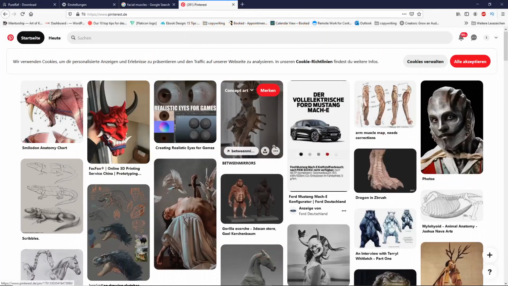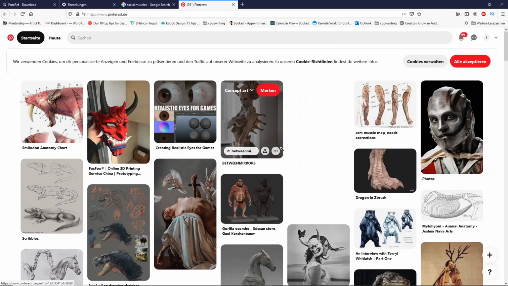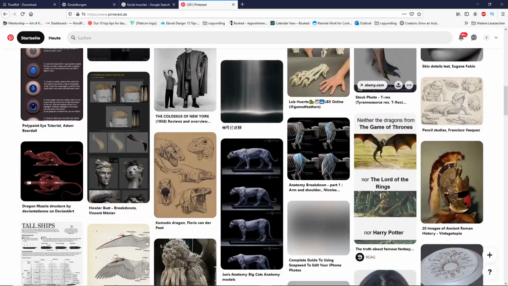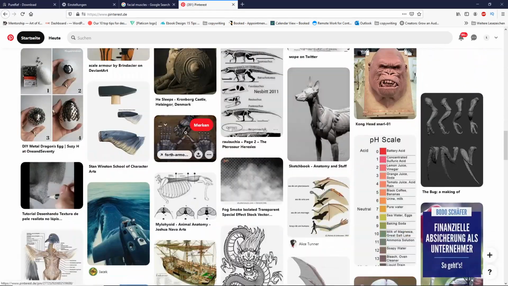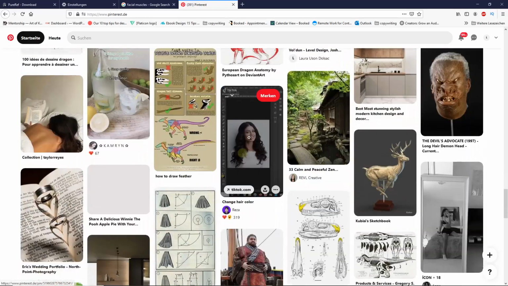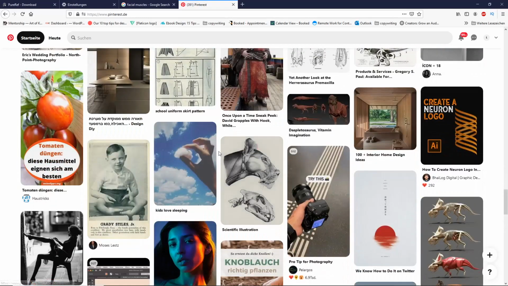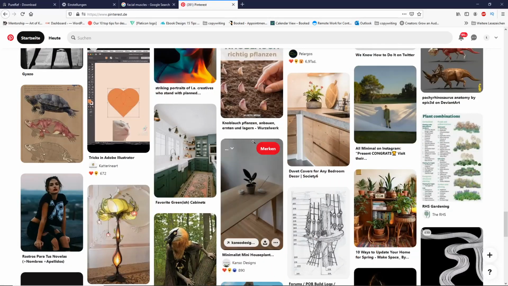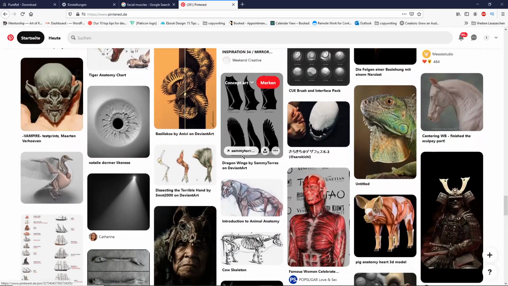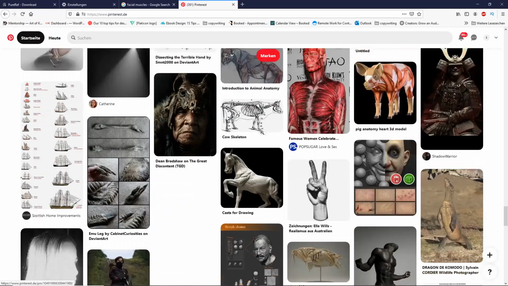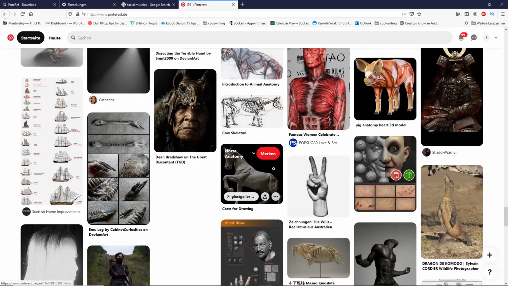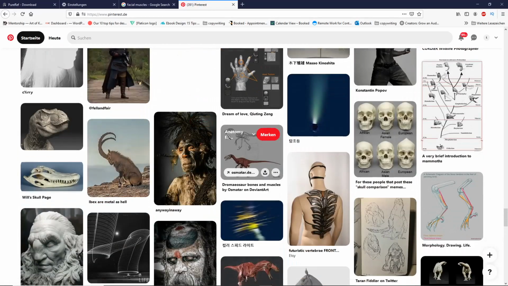Okay, Pinterest, all of you know Pinterest. I still want to include it because not everyone uses it, I guess. It has disadvantages I don't like. For example, you often have low resolution images. It sometimes takes a couple more clicks to open an image than Google, but it's great for inspiration. Obviously, you get content suggested according to your previous searches, and the whole algorithm of Pinterest will favor more visually interesting results, so that makes it great for inspiration, especially. I usually prefer Google, but at times I check out Pinterest if I want some more interesting